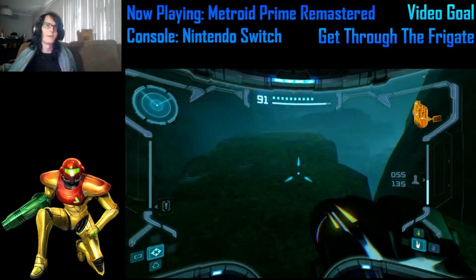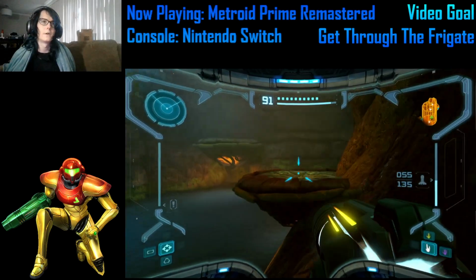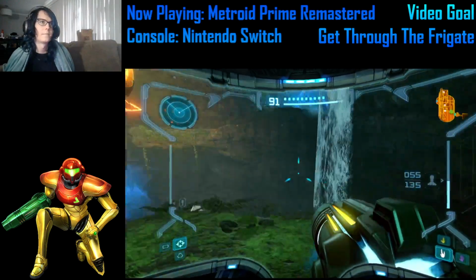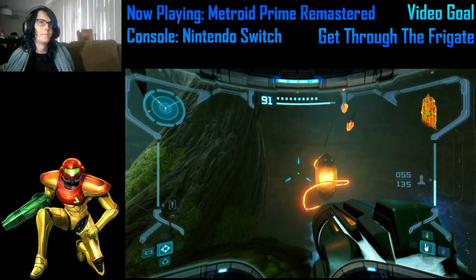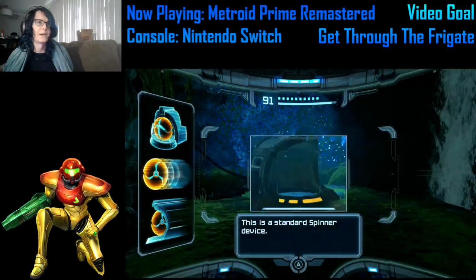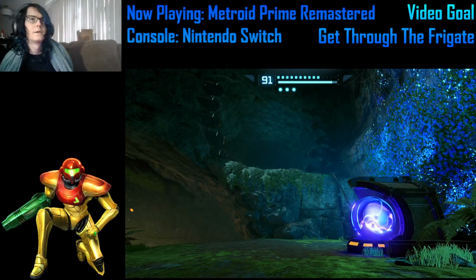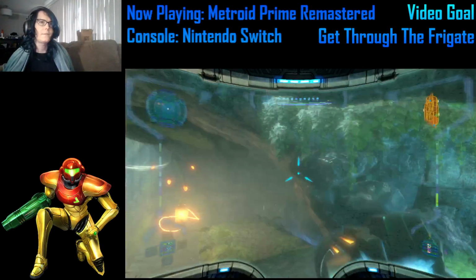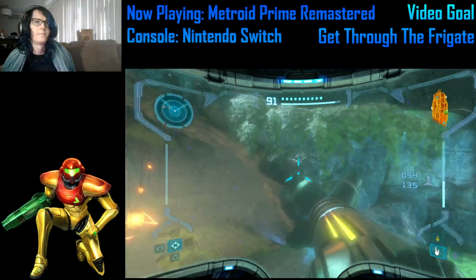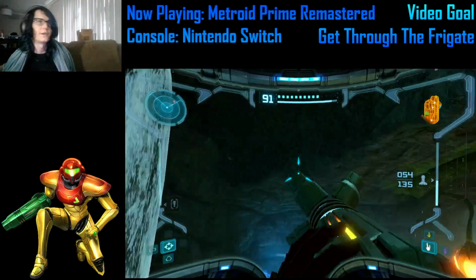Now, before you go down into the Phazon Mines, you don't want to forget to do this. Jump across the platforms. And there is a spinner. Go into it. And now you've unlocked a shortcut. I'm not going to go up it right now, but now you've unlocked a shortcut that goes